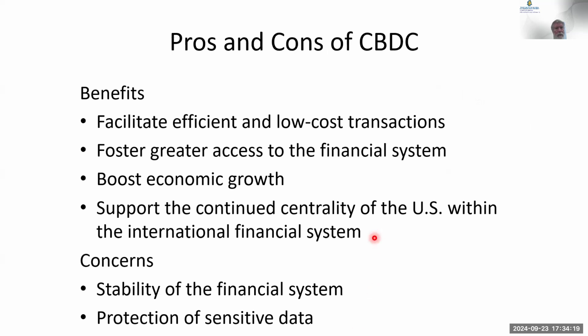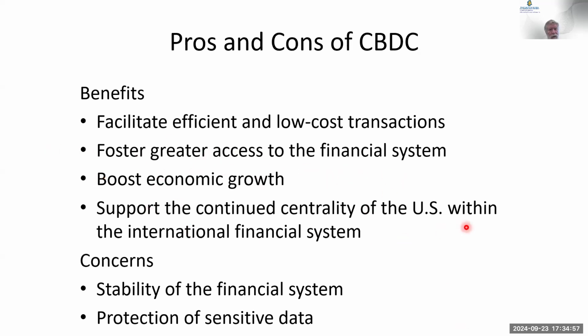So how does that go? Why do this? You facilitate efficient launch. You could probably get rid of the credit card companies, which, as you all know, take a good chunk of money when merchants pay like 3% whenever you use your credit card. That's a lot of money. The credit card companies are making huge quantities of money. If government took over the job, they might make a huge mess of it. That's very possible. The government sometimes doesn't do things as efficiently as you might want, but it might reduce them,